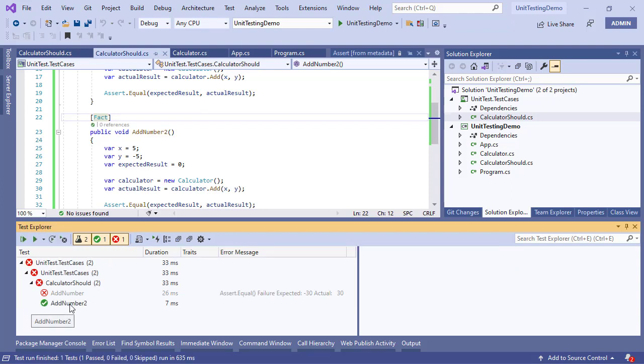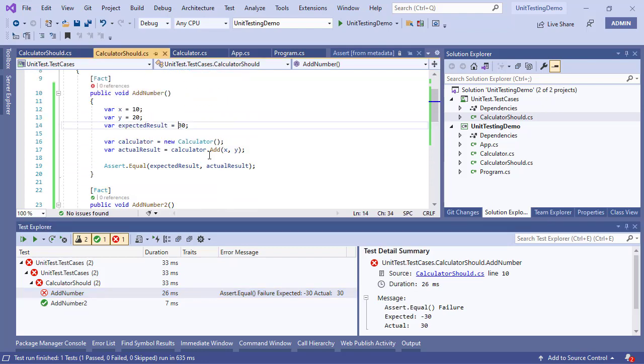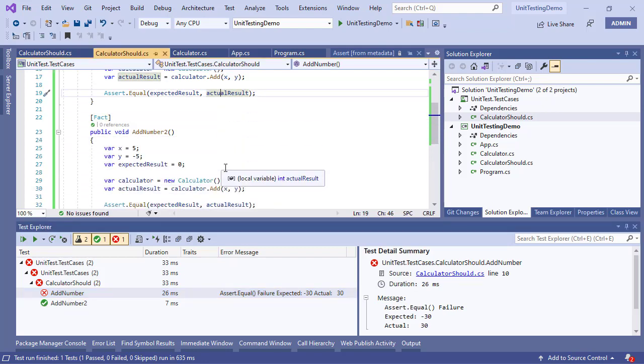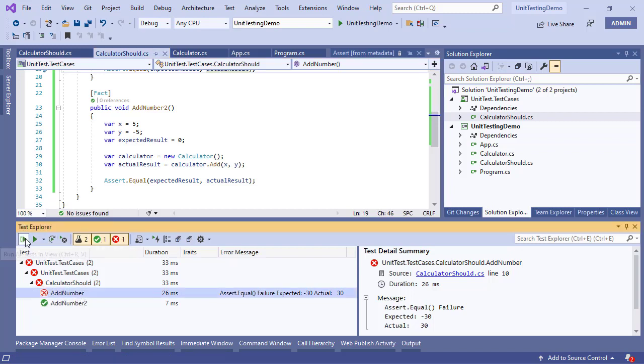Right? And this time only this one passed, and it is indicating that it did not fail still, because 10 and 20, 30. Okay, so this failure is from the last time. Because we did not run it this time, it is still displaying the result from the last time, but you have an option of